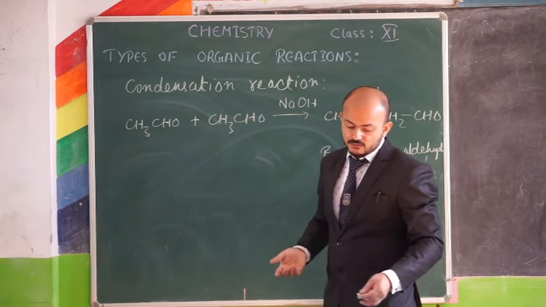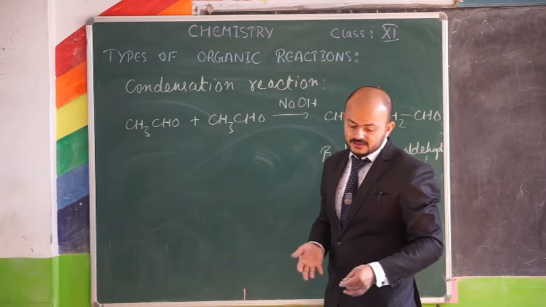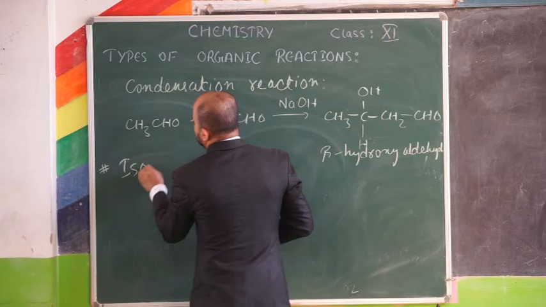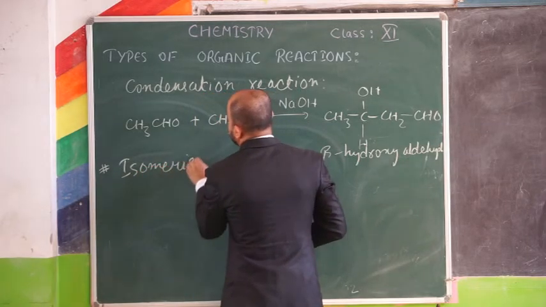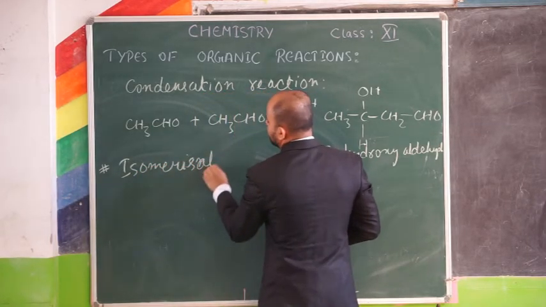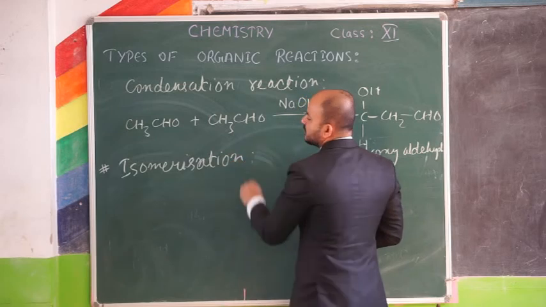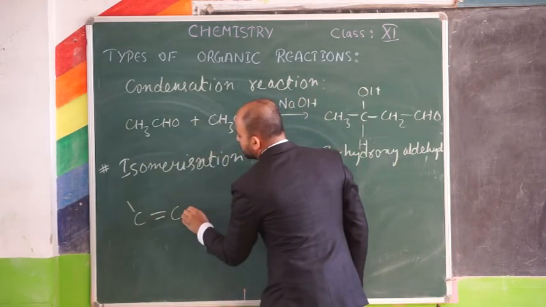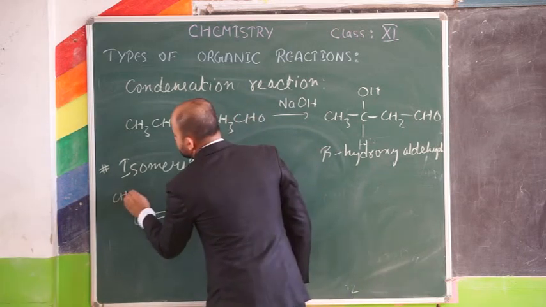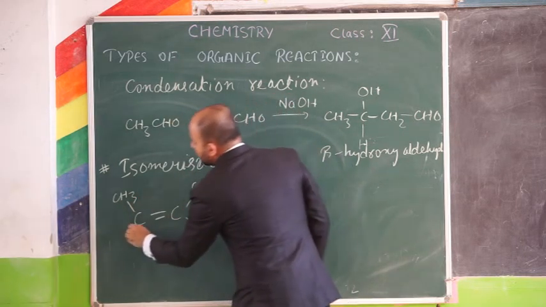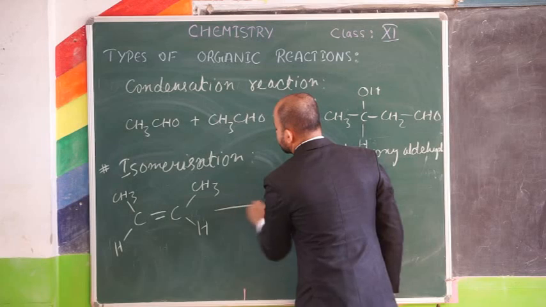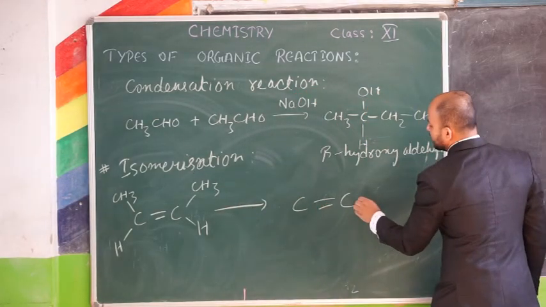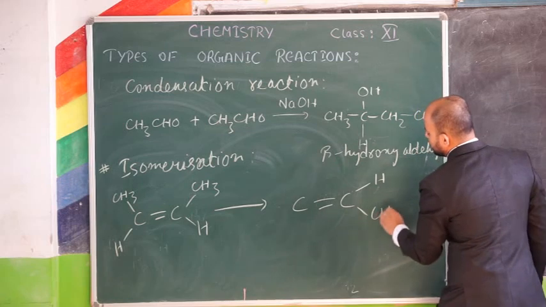The last one that we have in our types of organic reaction is isomerization. So isomerization is very simple. We have learned about isomerization in detail. The type of reaction where we have the same molecular formula but different structures are known as what? Are known as isomers,